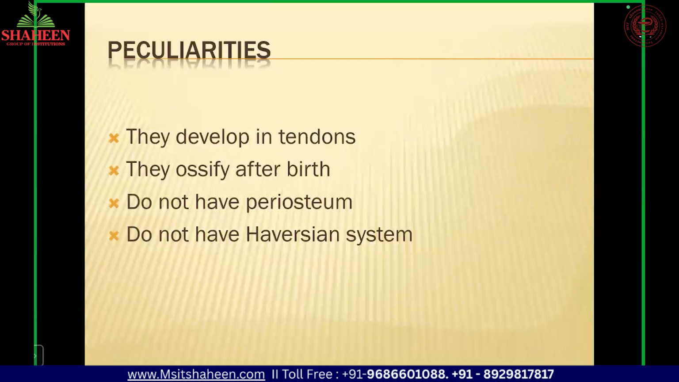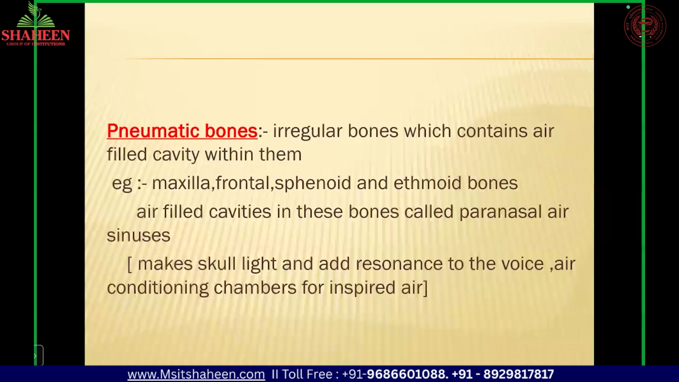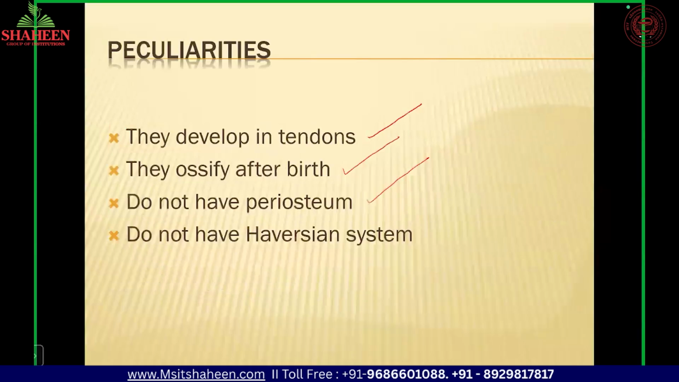Next, what are the peculiarities of a sesamoid bone? They develop in a tendon and they start to ossify after birth. They do not have periosteum, which is the covering of a bone, and there is no Haversian system. If you take a cross section of a bone under the microscope, you can see that centrally there is a canal, and this canal is surrounded by some